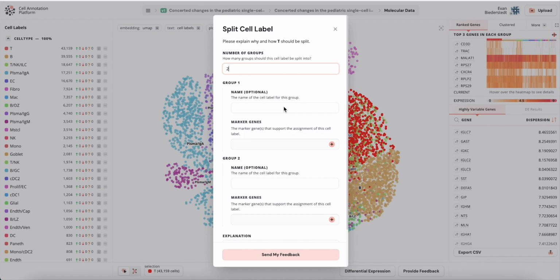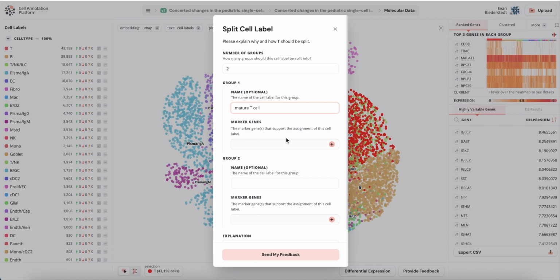And so, as opposed to giving a very broad cell type of T cells, and I can see for some reason T cell is here as well, we should tell the scientists that actually you should really split this up into canonical mature T cells or immature T cells. And those are 2 groups. So the first group we would have, I've done this before, so we'll see that this is immature T cell, or we could use mature T cell,